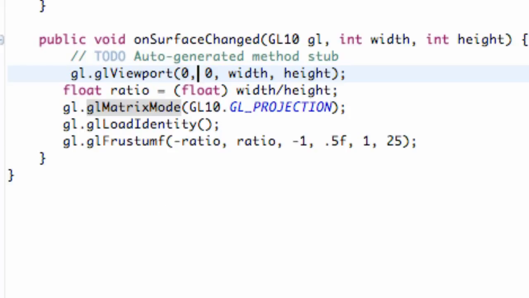The bottom left corner is the 0, 0 position, unlike when we did the canvas drawing, where the top left corner was 0, 0. So keep that in mind when you're working with GL or OpenGL. And then what we did is we set up a ratio to handle what happens when the person changes their phone from portrait to landscape, and we're going to use this ratio later to define the frustum,